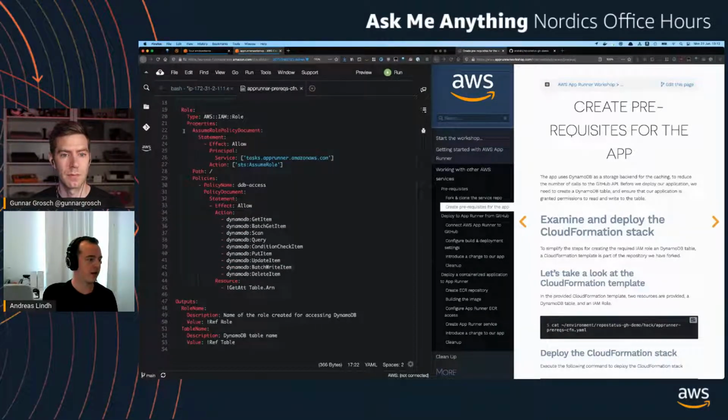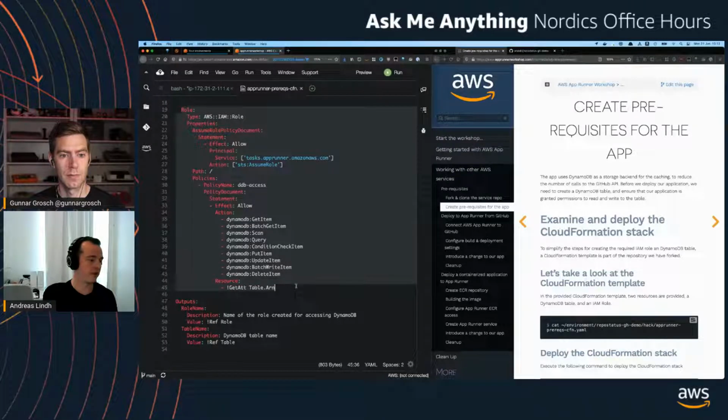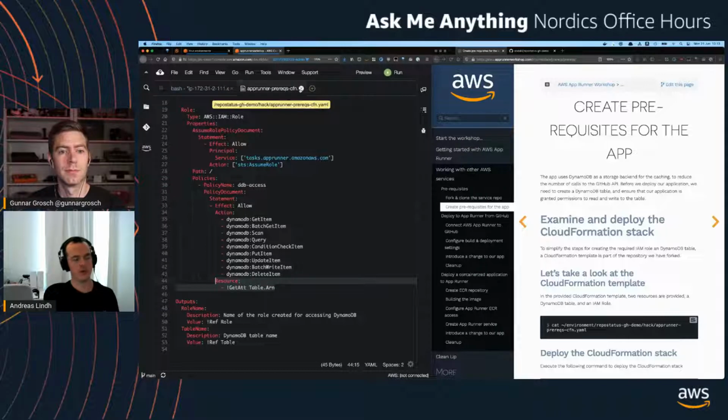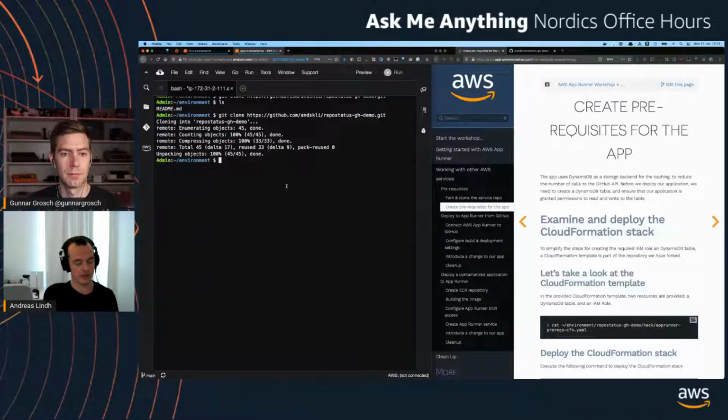And we do set up an IAM role with an inline policy. This is the important part of the IAM role. Really, it's that the principal tasks.apprunner.amazon.aws.com is allowed to assume the role and perform these DynamoDB actions on the table, and the table resource is scoped to just the table that we're creating. So in short, we're going to use CloudFormation to spin up an empty DynamoDB table and a corresponding IAM role